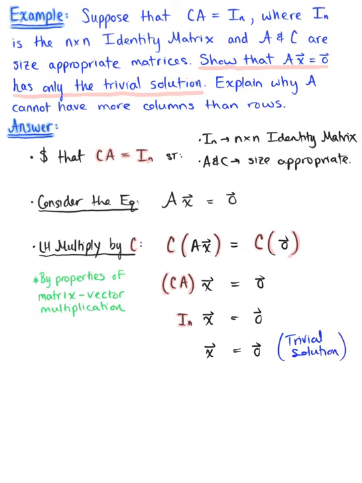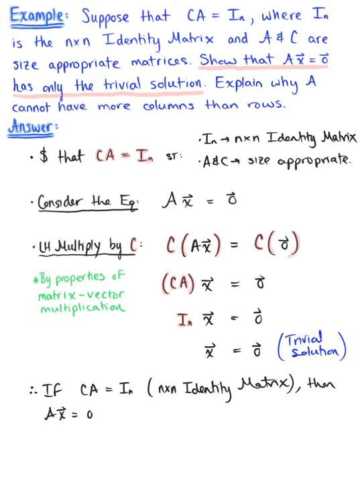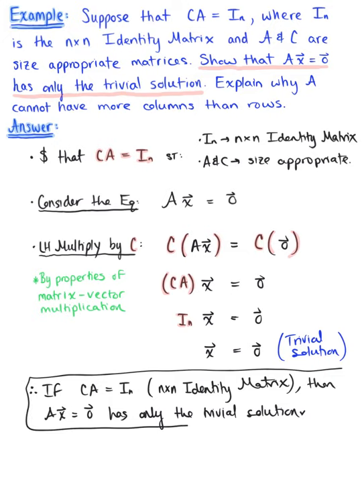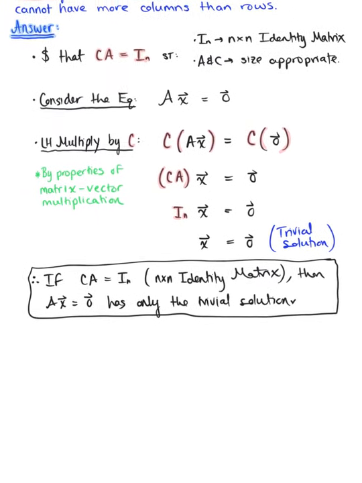And we can make our final conclusions and say that therefore, if matrix C multiplied by matrix A equals the n by n identity matrix, then the homogeneous equation matrix A times vector x equals the 0 vector has only the trivial solution. Beautiful. So, now that we have verified the first part of this question,